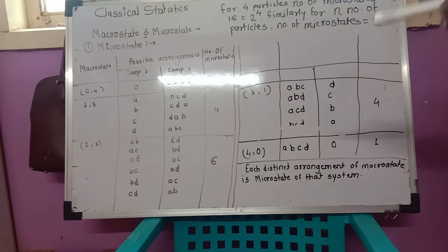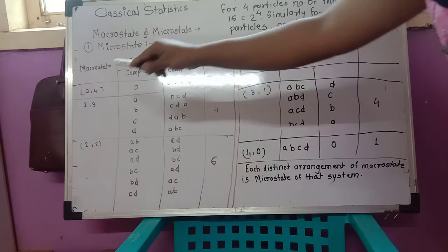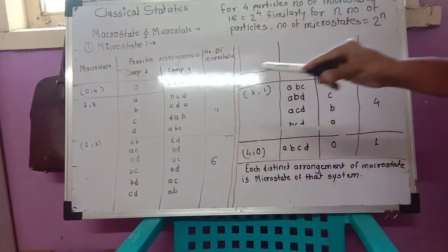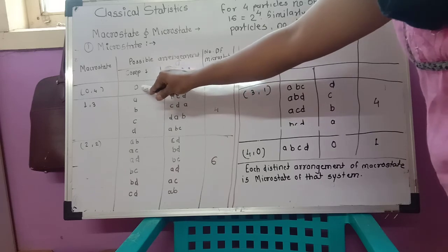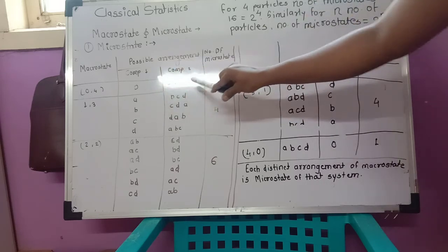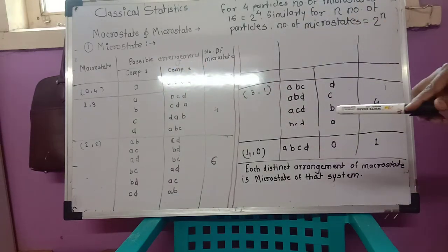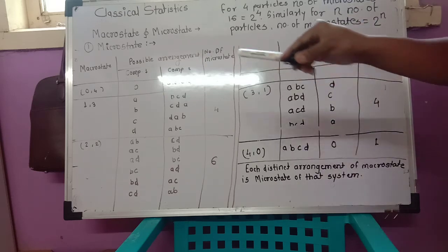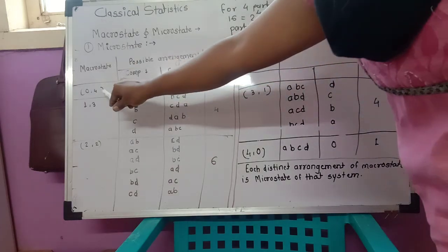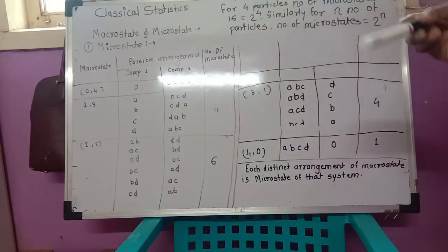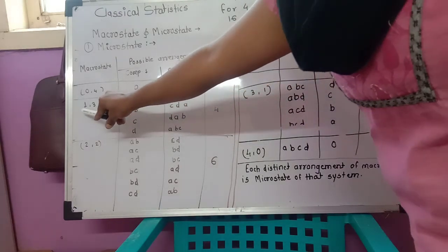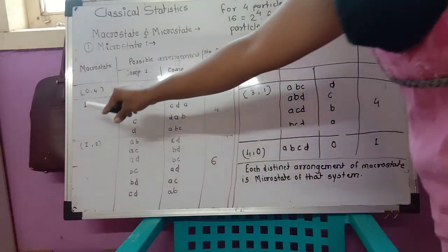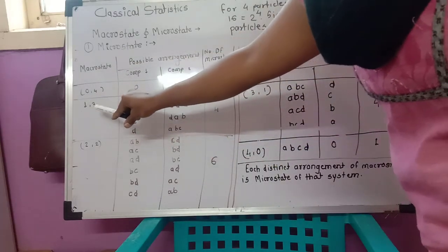Now we see how we can arrange the 0 particles in one compartment and the 4 particles in the other compartment. This is the possible arrangement of the macrostate 0 4. Here, 1 3 means one particle in one compartment and the remaining